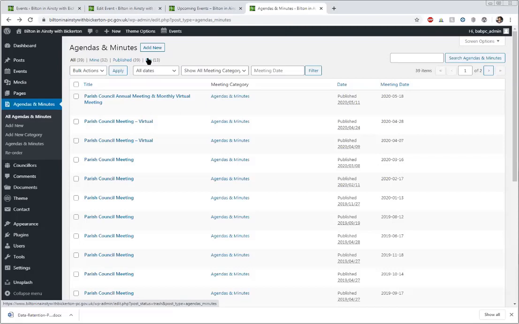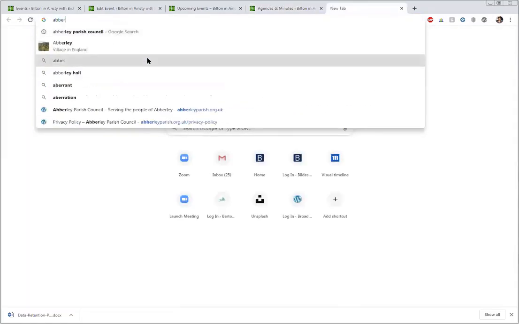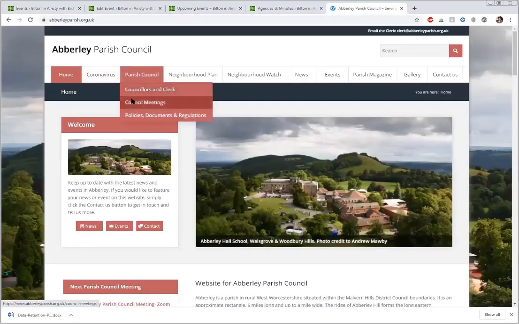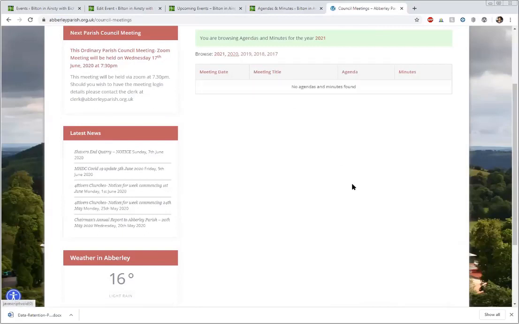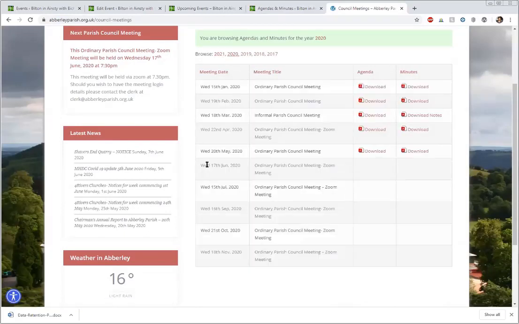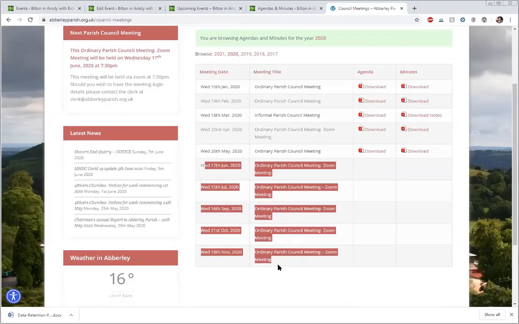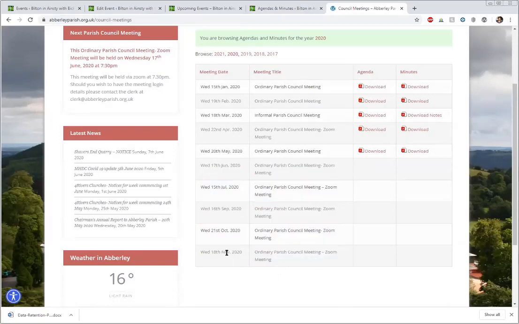That's right. So some councils like to do a year's worth in advance. And I think actually Aberley might be one of those that we just had to look at. Well, I suppose it just tells people when they are, doesn't it? Council meetings, yeah, exactly. So I think she's probably already got 20. Oh no, she hasn't. So she's done 2020. All of them are in, and expecting them all to be Zoom meetings up until November.